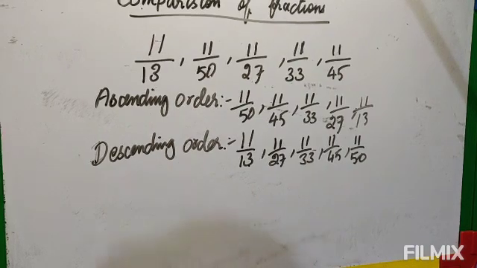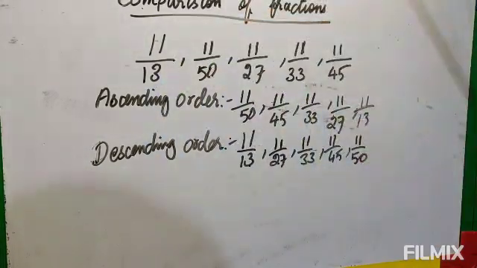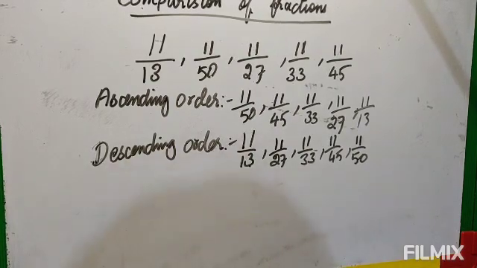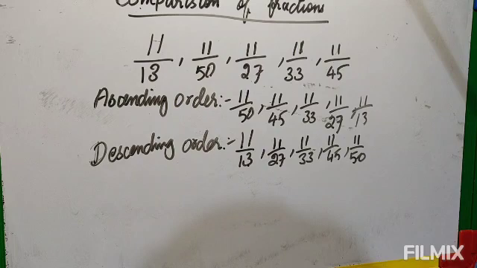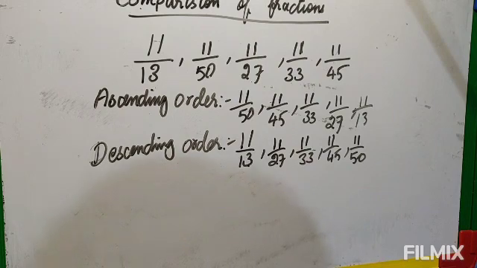In your book, the same numerator may not be given in ascending and descending order, but I will ask in the exam. So don't think that since it is not given in the book, I may not ask. Don't think that. You must know. It is there in your mental maths book. I don't know whether you have got mental maths. So it's there. So I will be asking in the exam.